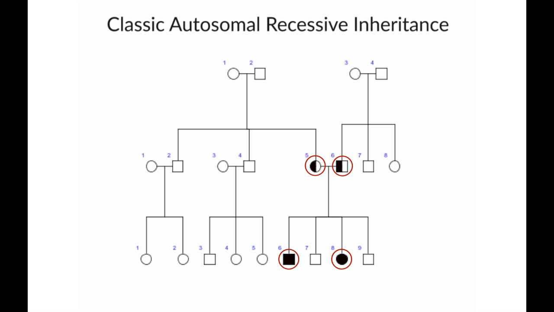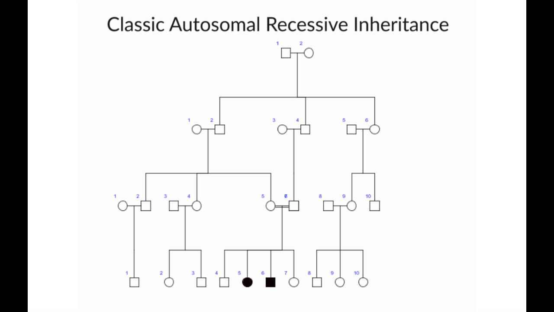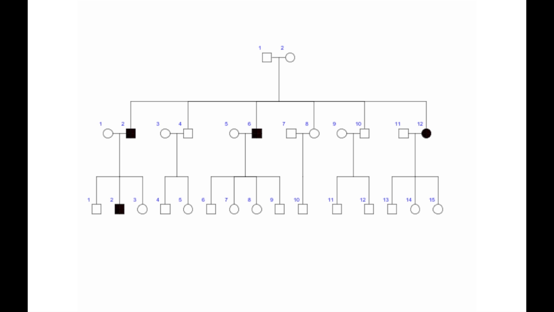to be affected. Here's an example where affected offspring are again seen just in a sibship, and we notice that the parents are consanguineous, that is to say that they are related to each other with a set of common grandparents. In this pedigree, we see that there are multiple offspring affected in this generation, so you might presume, since